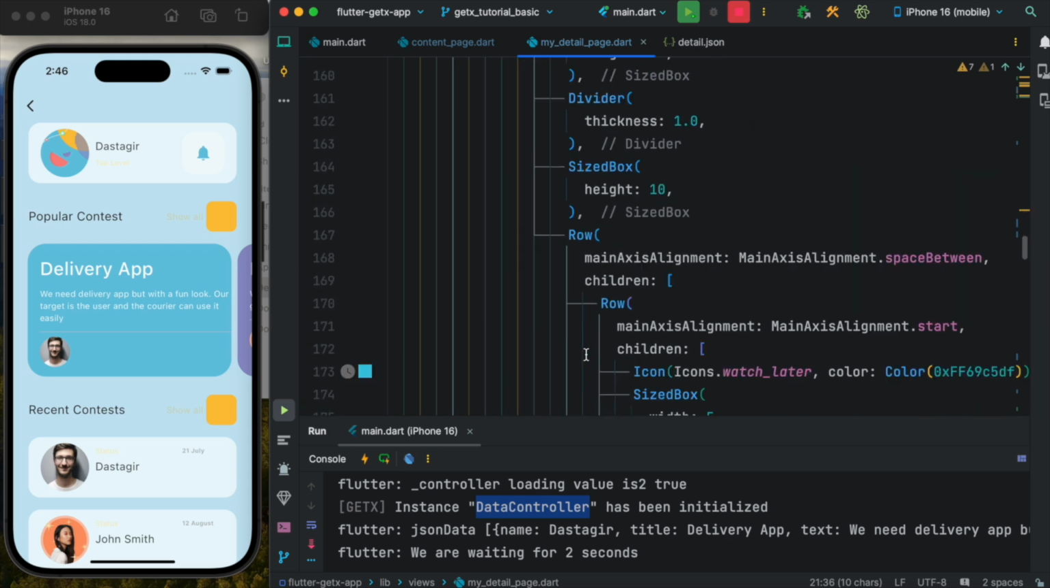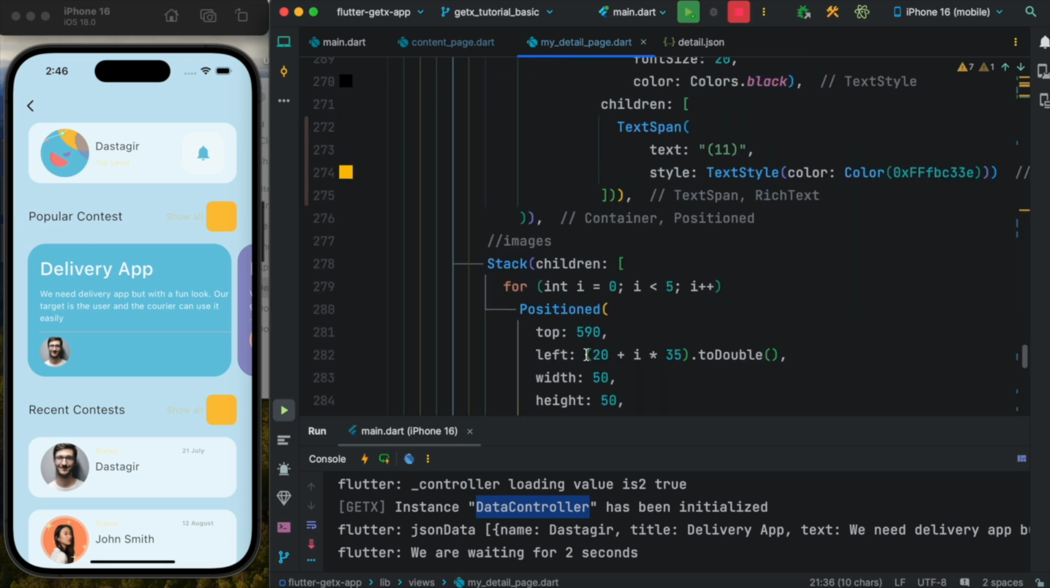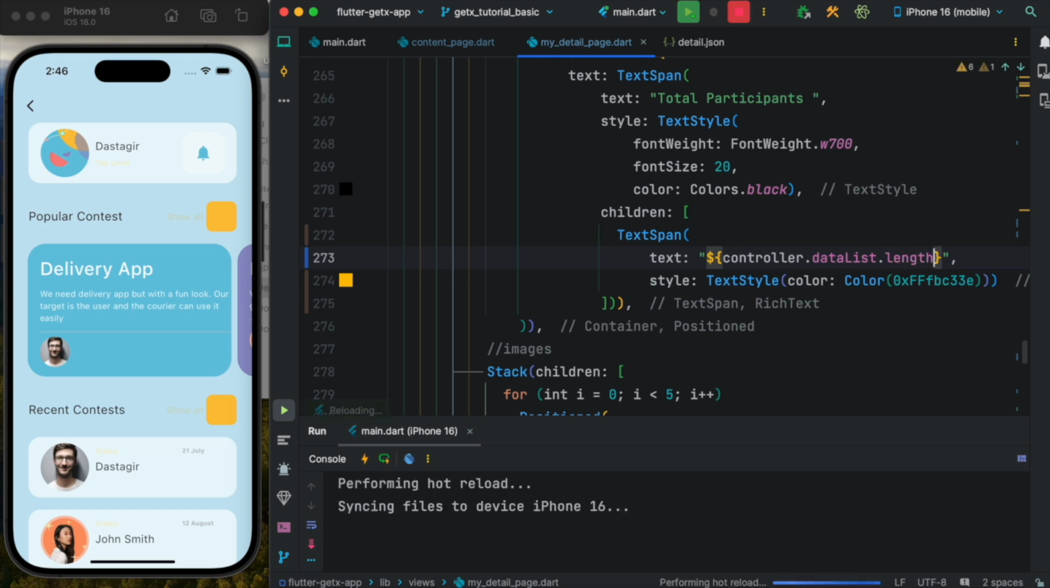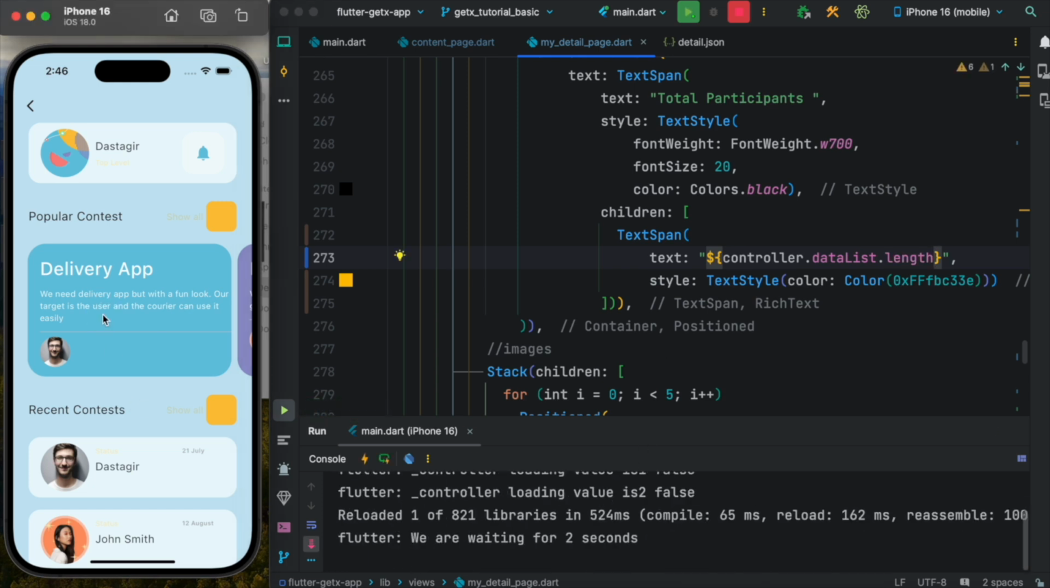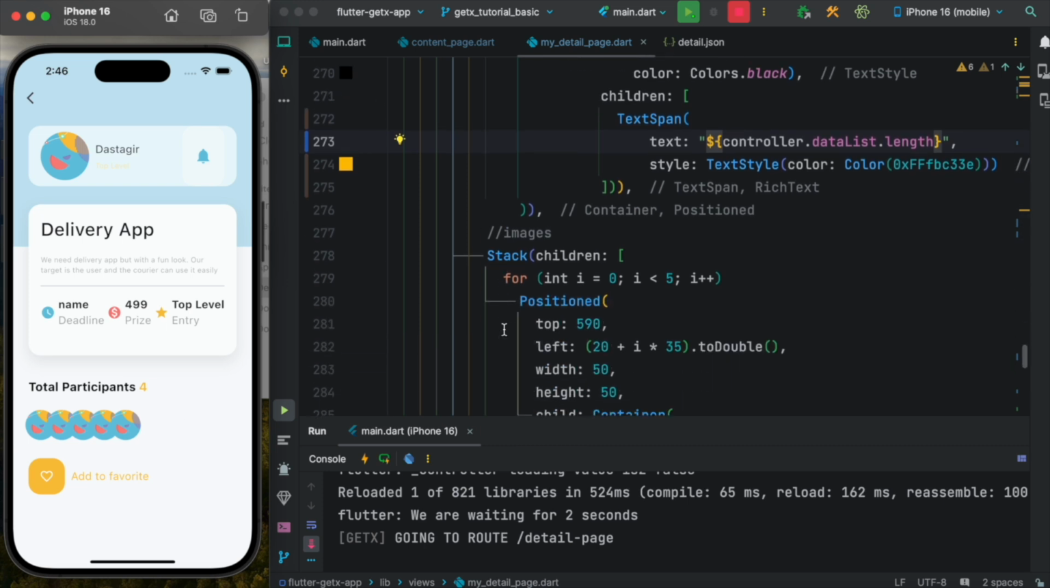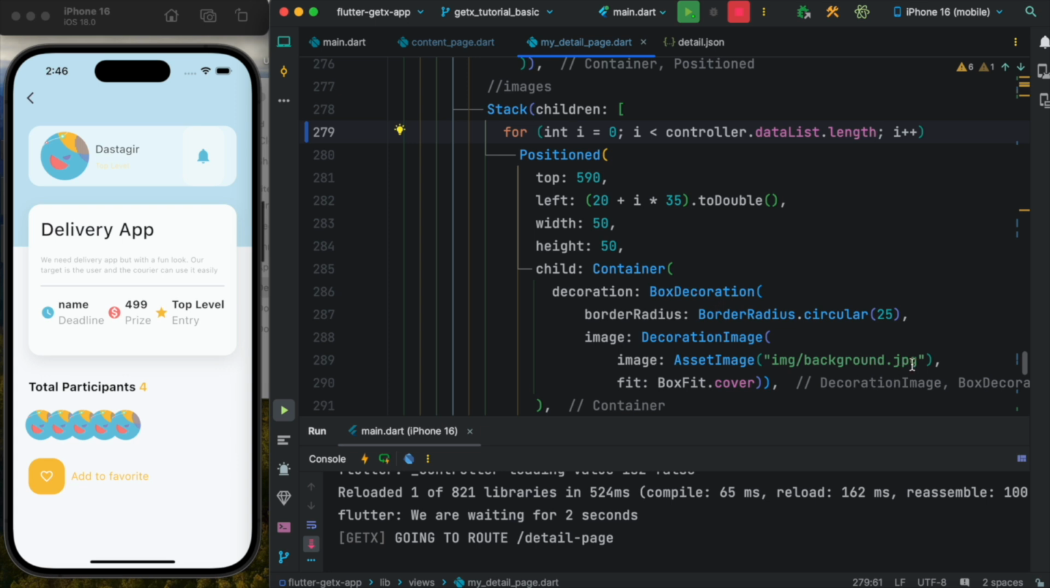Now since our controller is here, we can go down to this first one, this 11. We don't want to show it like this. So here we would say controller.dataList.length. Now let's go over here and you see total 4. But of course this also has to be changed, right? So we'll change it. Now we can simply copy this and come over here and assign the length,